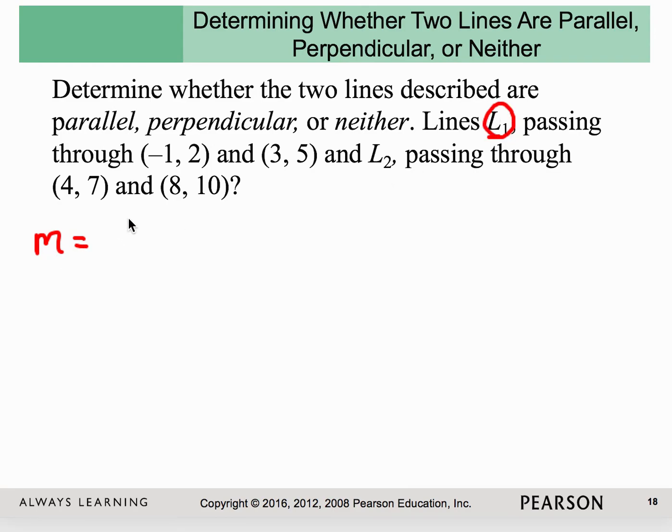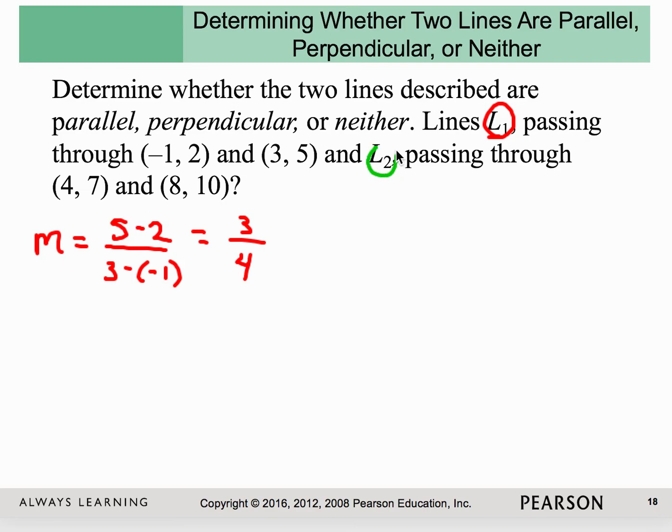Okay, so this time I'm going to start with this point just because 5 minus 2 is positive. I like that to be positive, whatever math I'm doing. Because I started over here, now I got to start over here on my x's. So 3 minus 1. 5 minus 2 is 3. 3 plus 1 is 4. All right,